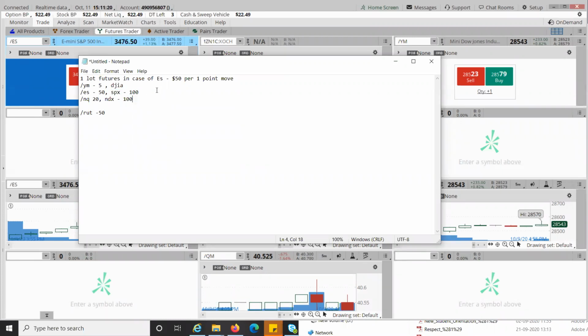Or if you want to just learn how to trade ES or NASDAQ, we have micros, which is MES and MNQ. For this, it's like 1/10 of the margin you require. Like I said, for ES you need 13,000. For MES you just need $1,300. And one tick in S&P will mean $5 movement here on upside or downside. Similarly for NQ it is $2. All right. So you have to be mindful about that.